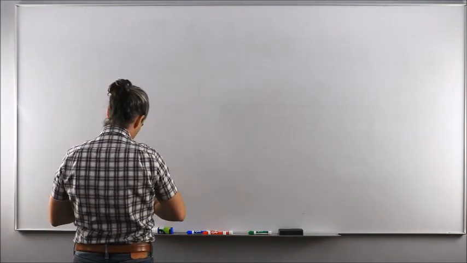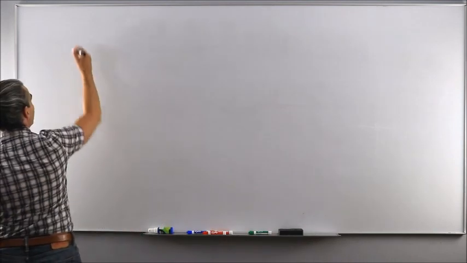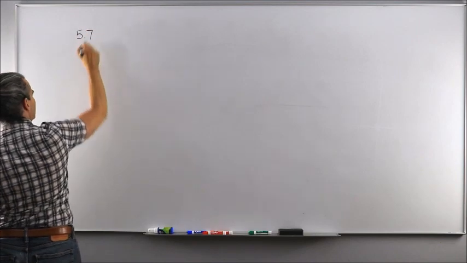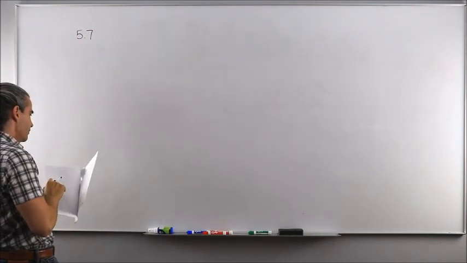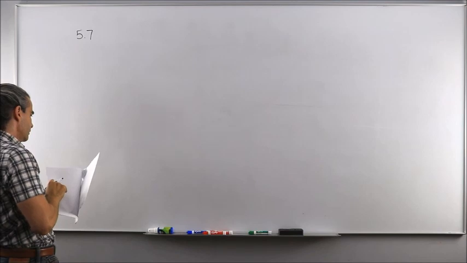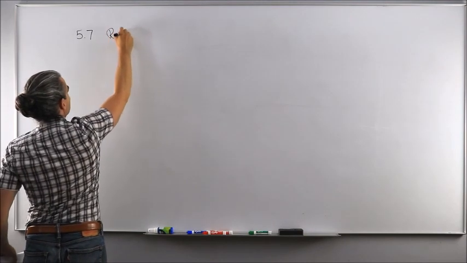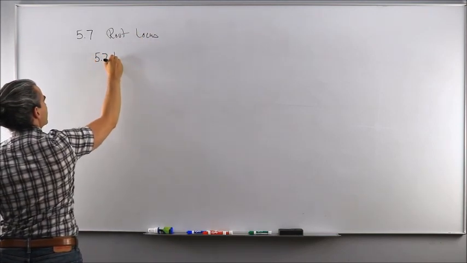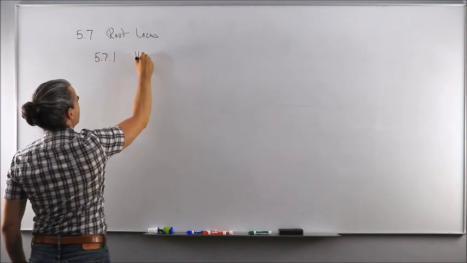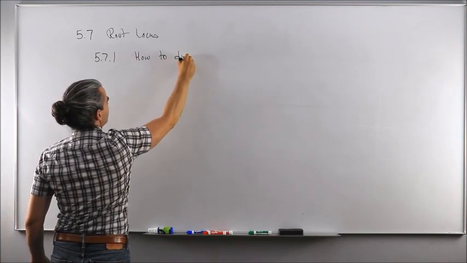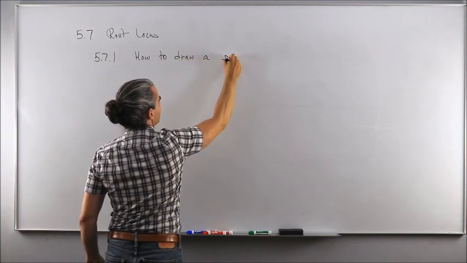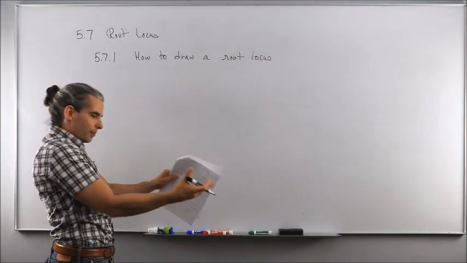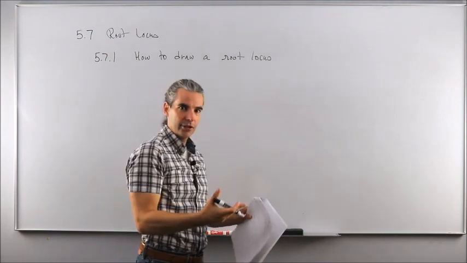I'm going to say now 5.7. 5.7 was root locus. Okay, root locus. And now 5.7.1 is going to be how to draw a root locus that we can use as our basis in the next lecture as a design